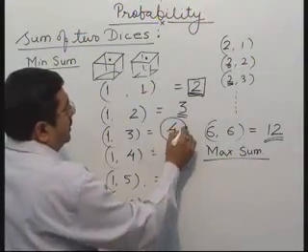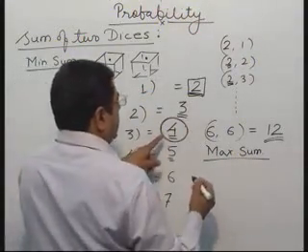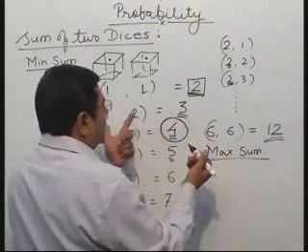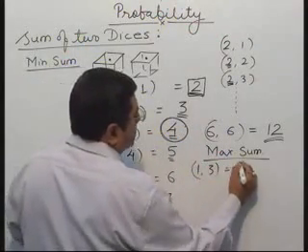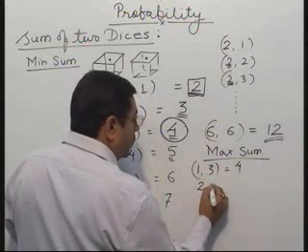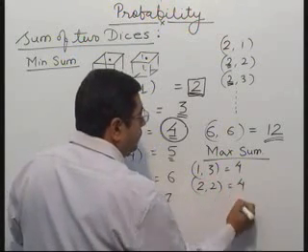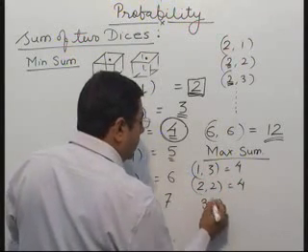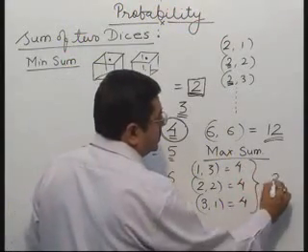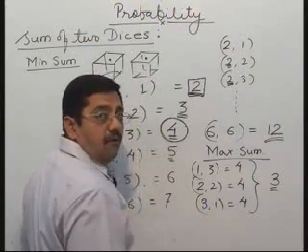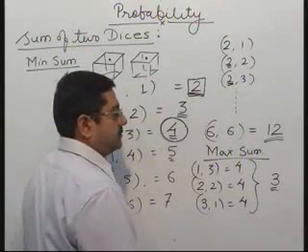जैसे अगर मैं 4 लेता हूं, फर्स्ट 4, what is the probability of getting sum 4? 4 कितने टाइप से आ सकता है? देखिए 1, 3, it is giving me 4, 2, 2, it is also giving me 4, 3, 1, it is also giving me 4. So there are 3 cases of getting a sum 4.